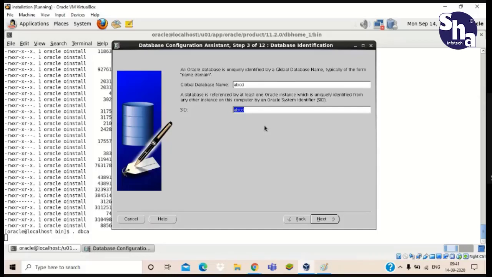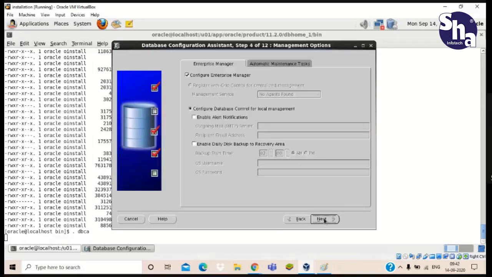When you learn more about these things, then you can change it. You will get confused if you change the SID name. So I recommend that you just keep the same name as you have given in the database name, and click on next.